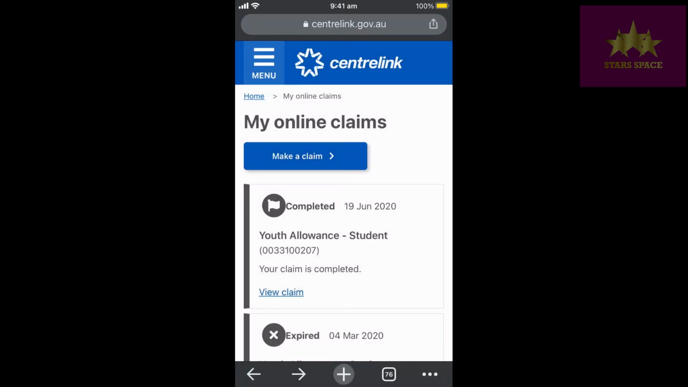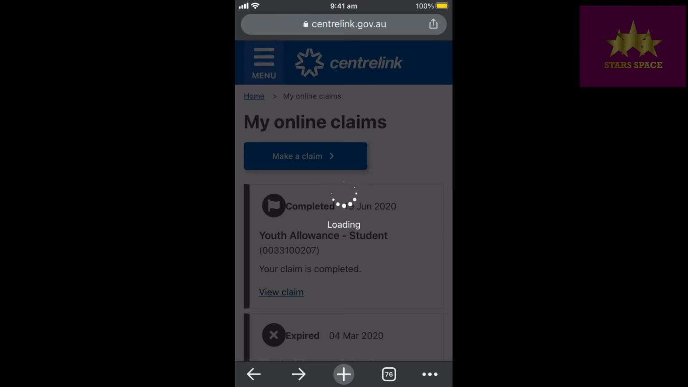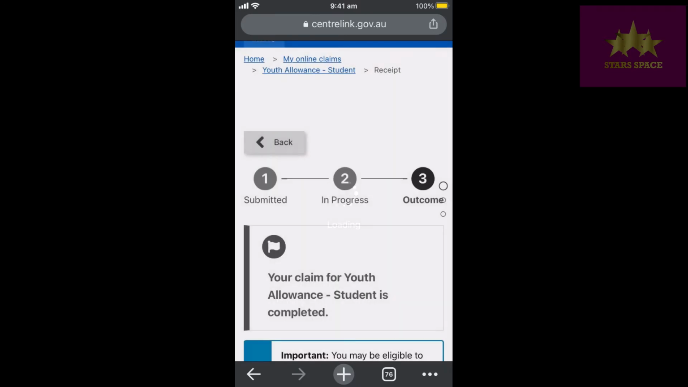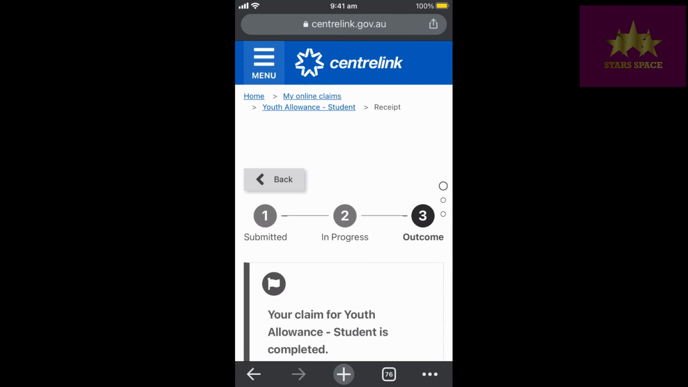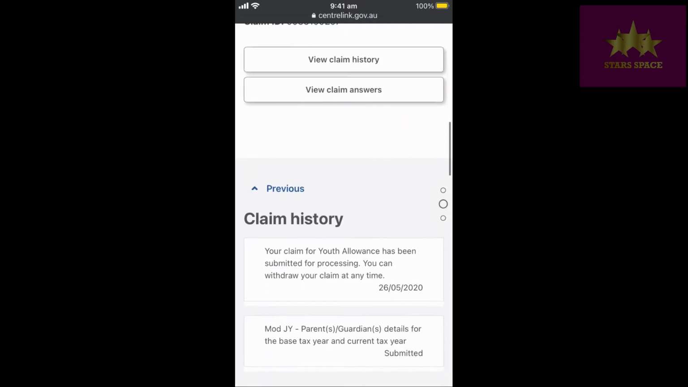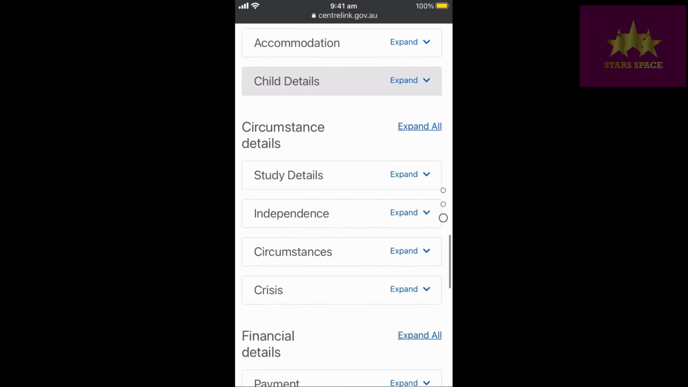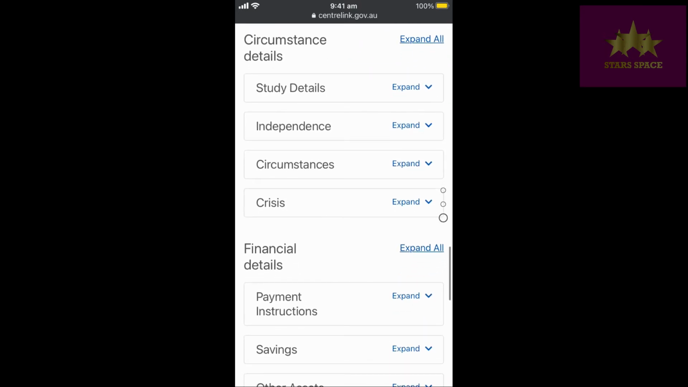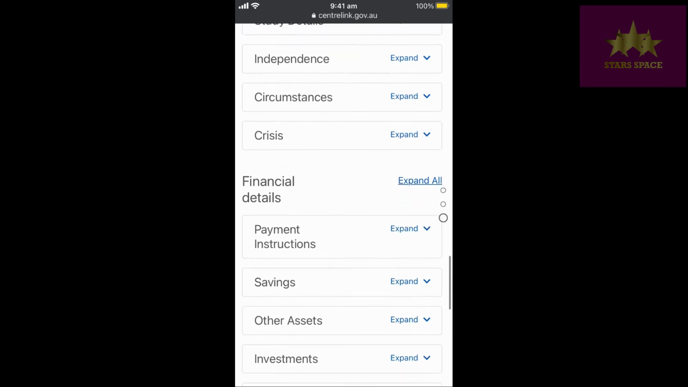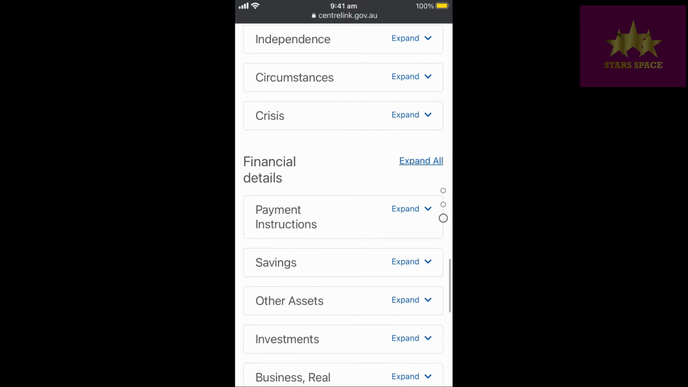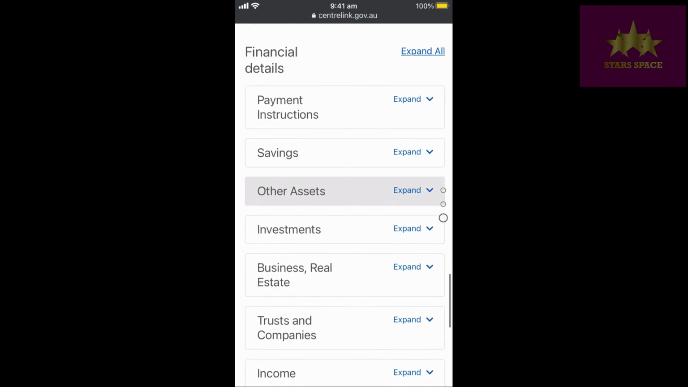But since I've already claimed it, there isn't an option for me to make a claim again. But I will show you what I had to fill in when I did make my claim. And these included details about myself, my name, my legal details, and all these have to be legal information about yourself, and details about my circumstances, including my studies, when I started studying, if I'm living independently or if I'm living with my parents,